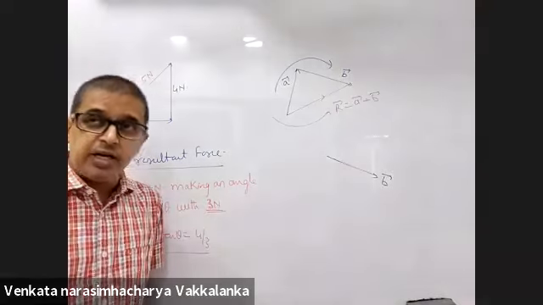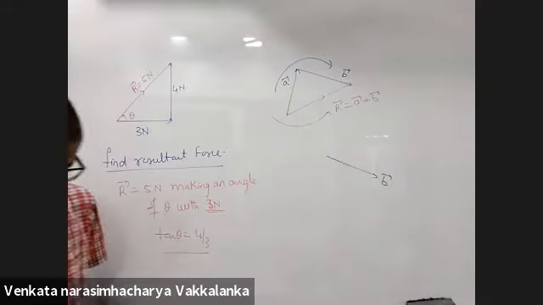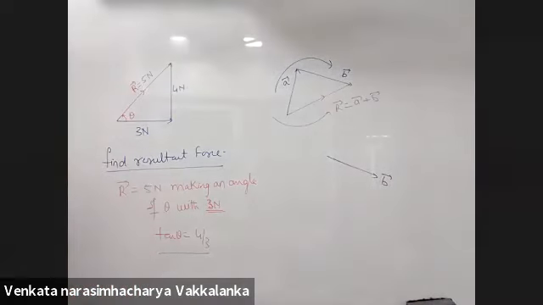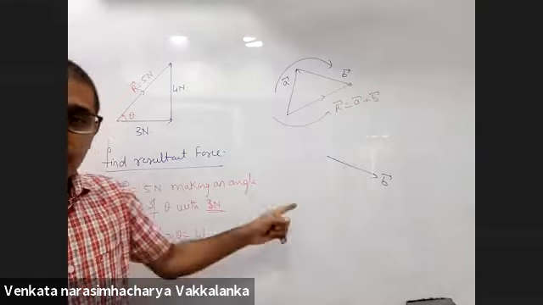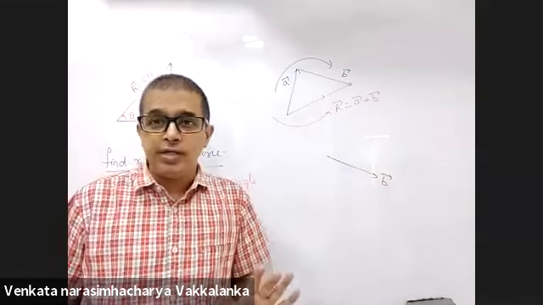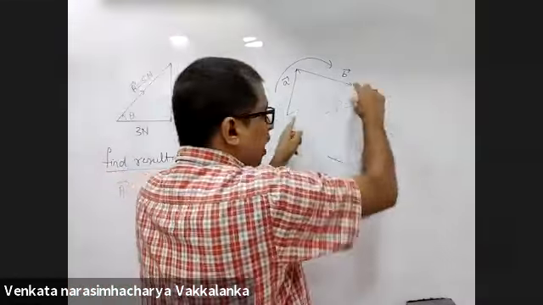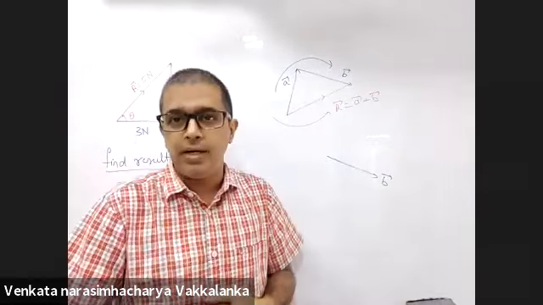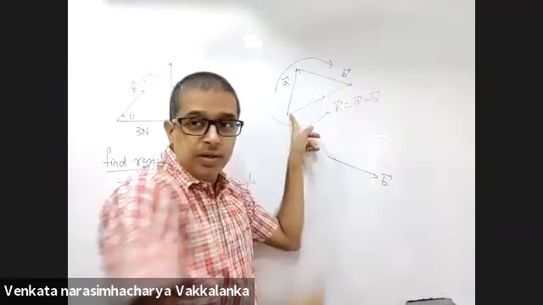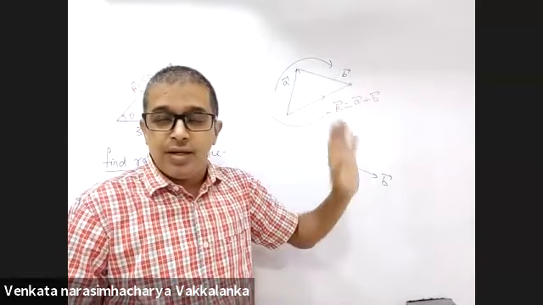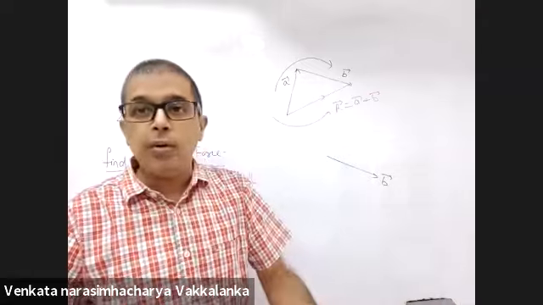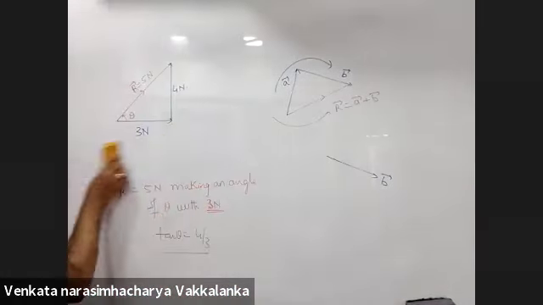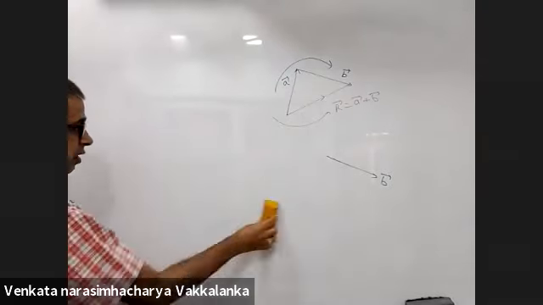Till here, is it clear to all? Yes, sir. Now in triangle law, I have only one disadvantage. Anytime I want to draw, I need a protractor, scale, and the geometric equipment. I'll have to measure this length. Right? So this disadvantage will be overcome. But before we overcome that, we define something called subtraction of vectors as well.